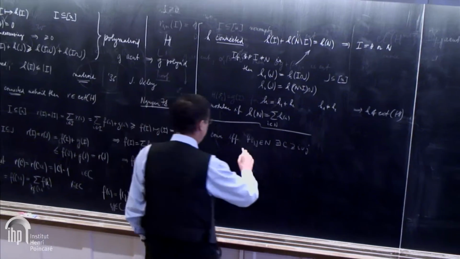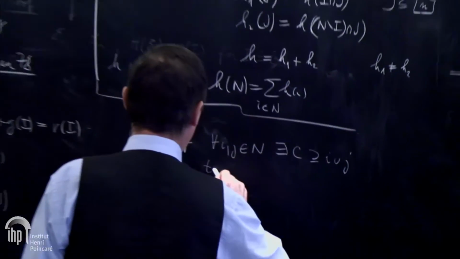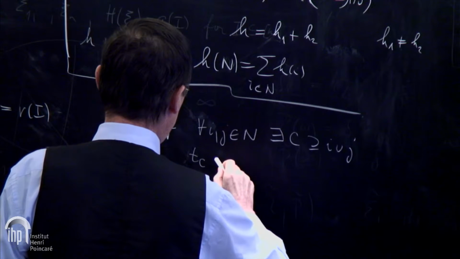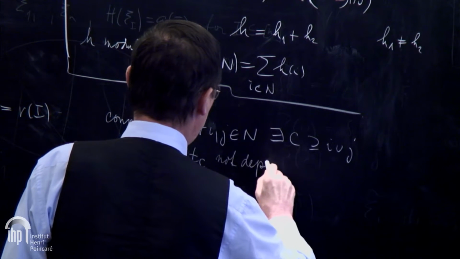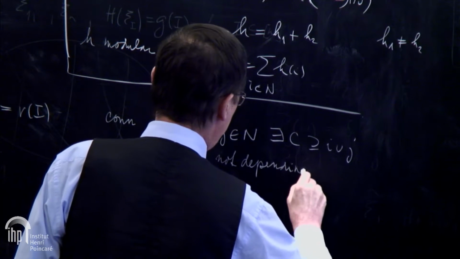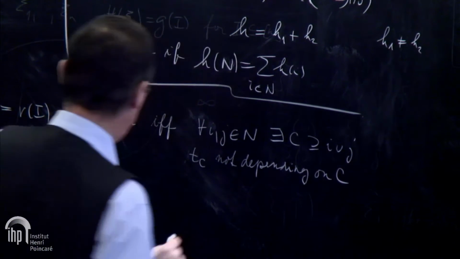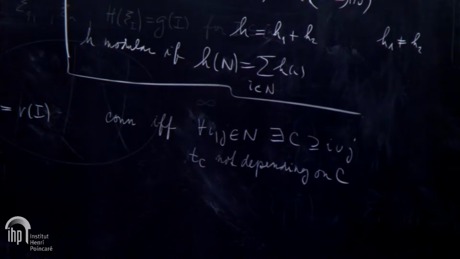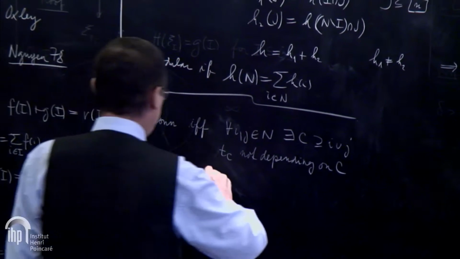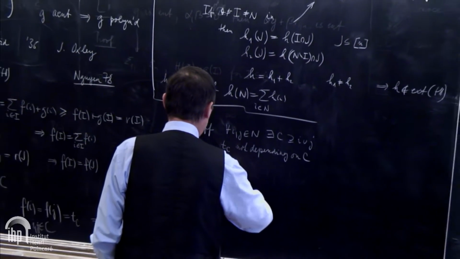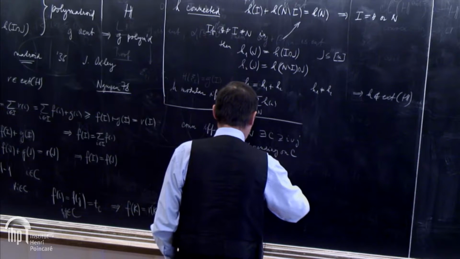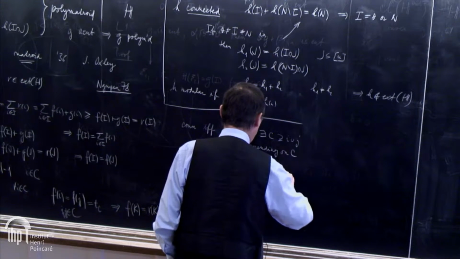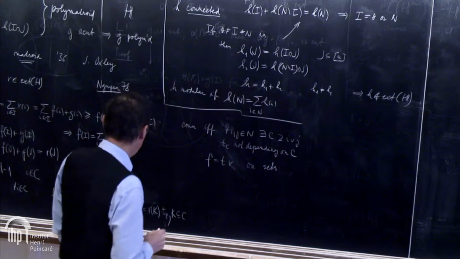So Tc is not depending on the circuit. So at this moment we know that F is equal to T times R on sets